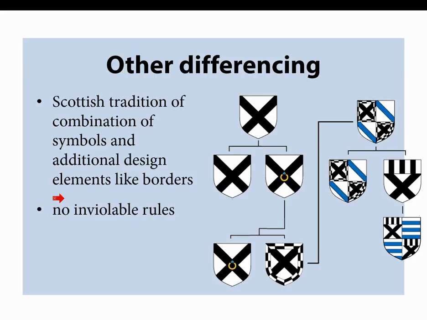And I've borrowed this chart depicting the bifurcations and alterations of the coat of arms of a Scottish Maxwell family, which include at this point the addition of what looks like a symbol of cadency in the middle of the cross. But down here you see the addition of a border around the central cross element. And then on the right, there's quartering with the blue bend, but also the addition, which I've marked in red, of a chief, another design at the top of the shield. And so there was no one system prescribing how these differences should be applied to a